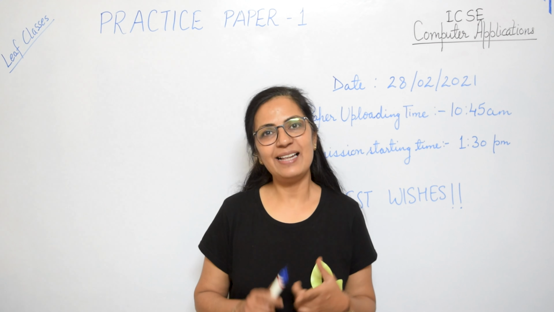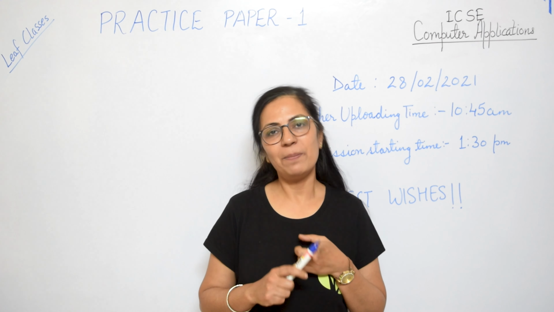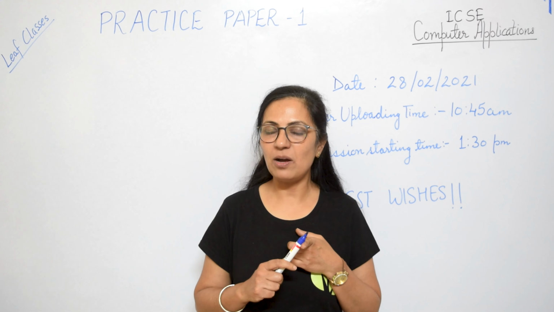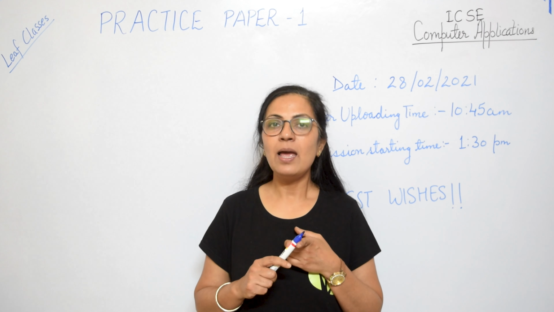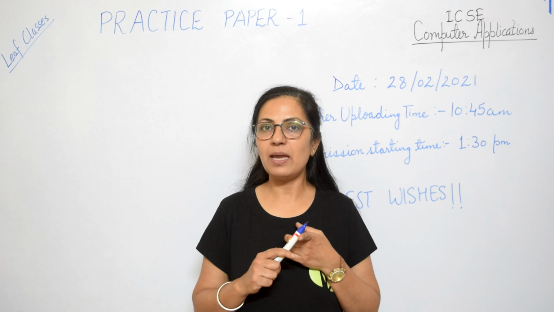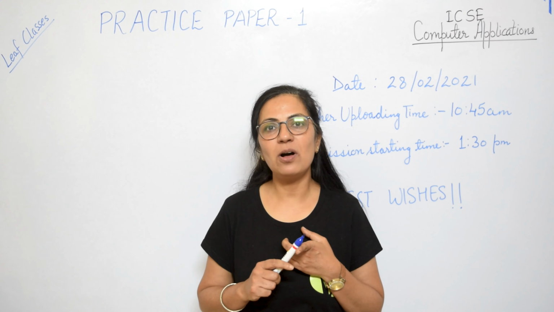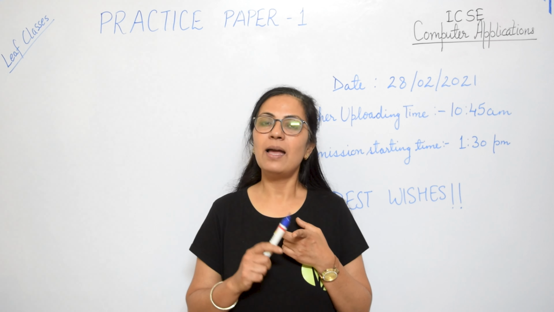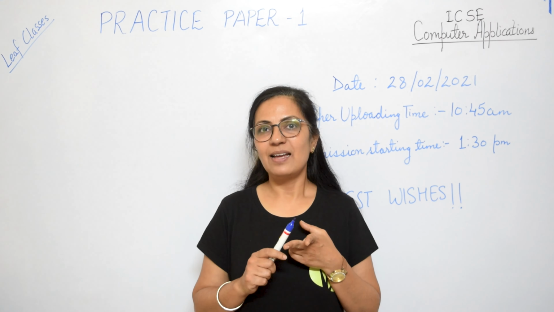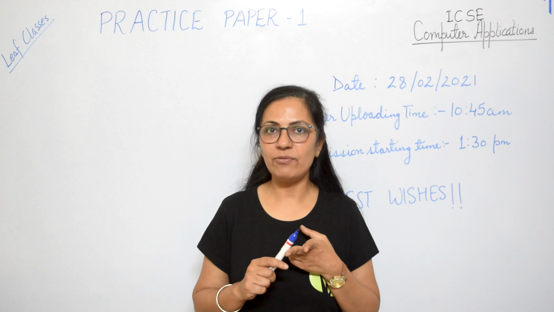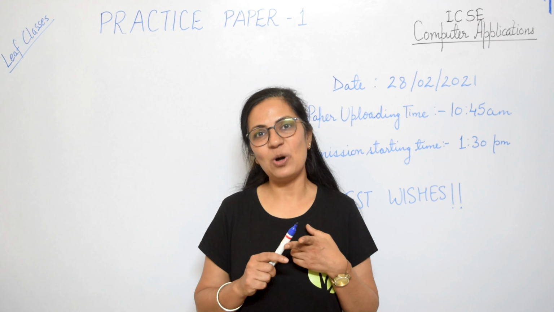So children, once again I'll just summarize what I said. Go to the description box, download the question paper, attempt the question paper in your practice notebook, give the page numbers starting from page number 1, and after your completion make one single PDF of your answer paper. Again go to the description box and click on the submission link, and there you have to fill in your mail ID, your name, and click on add file and upload the file in which you have written your answers in PDF form. And that's it. All the best to all of you.